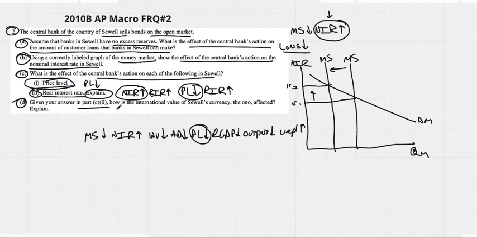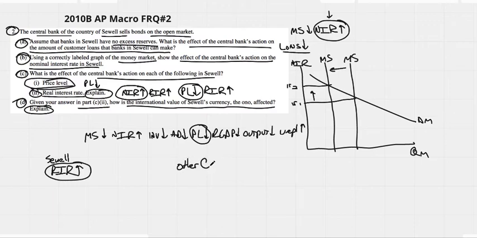D, given your answer in part C2, how is the international value of Sewell's currency, the ONO, affected? Foreign exchange, right? So if we know that the real interest rate is going up, and this is Sewell here, and their real interest rate is going up, that means other countries are going to want to put their money into Sewell's banks to get that high real interest rate. So they'll take their currencies, they'll dump it into the FOREX, and they're going to demand more of Sewell's ONO currency